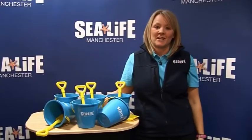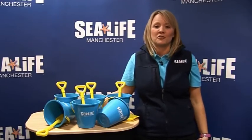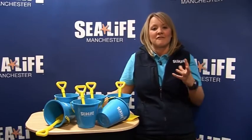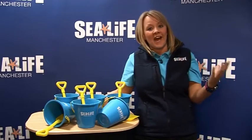My favourite fish has to be the emperor angelfish. Now this is a marine fish and it's really, really beautiful. When they're juvenile, they have really bright blue and black swirls all over their body, but when they're adults, so